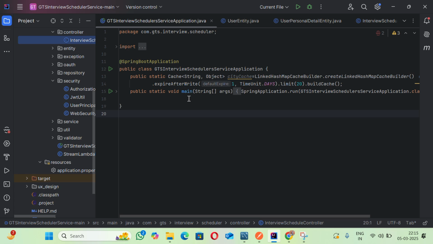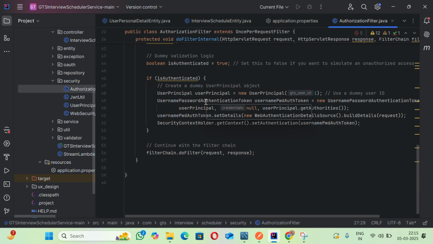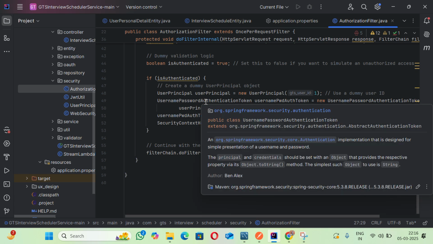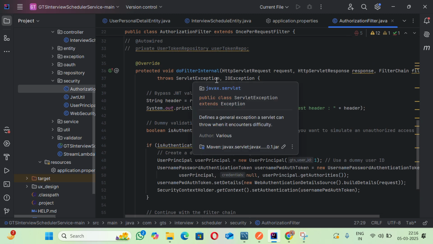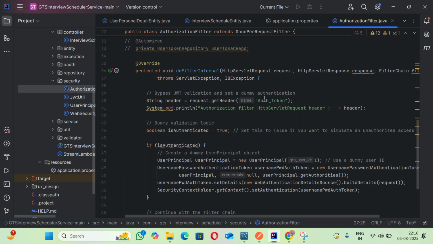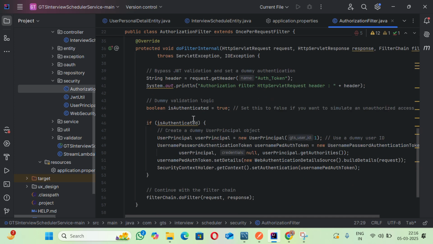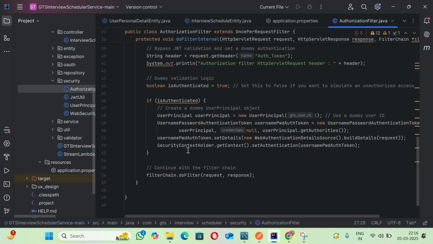We only need to bypass the authorization filter logic and create a dummy validation logic. So I removed the validation logic, bypassed it and set a dummy authentication here, and here I created a boolean variable which is set to true, which is the dummy validation logic. If we set this to false, then